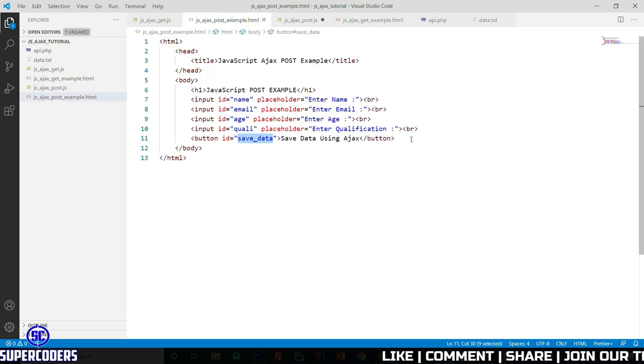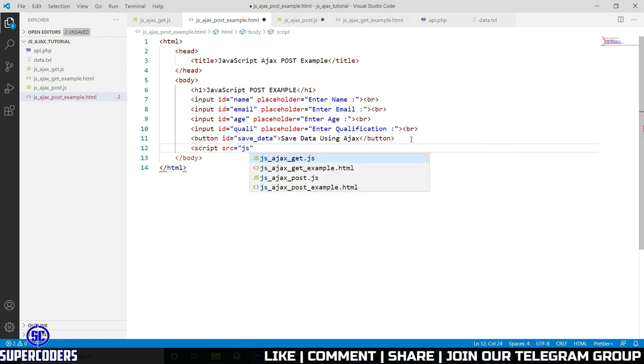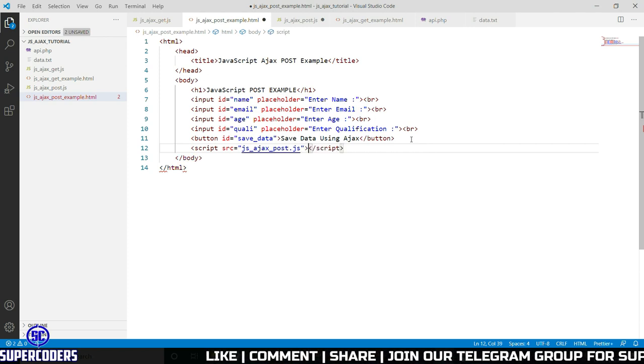Also link the JS file here, script src equal to JS Ajax post. Close this.